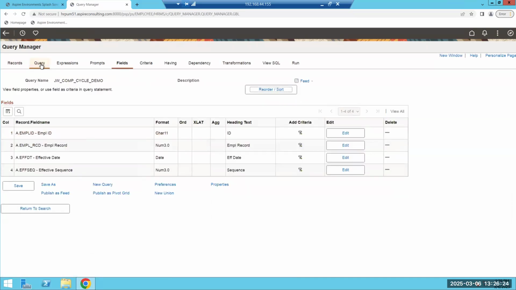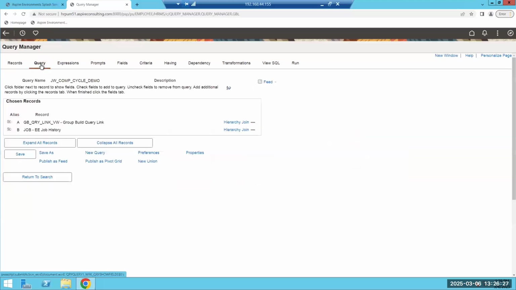So a couple things you need to be aware of if you're going to be utilizing the query capability for group build to define your population. The first thing you need to be aware of is it needs to be a public query. The next thing is that the very first record has to be this group build query link view, which is basically a view of job data. And so that has to be your first record, and then you can join in whatever other records you need to